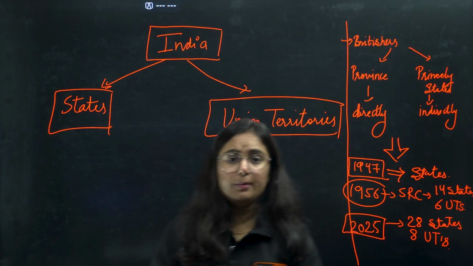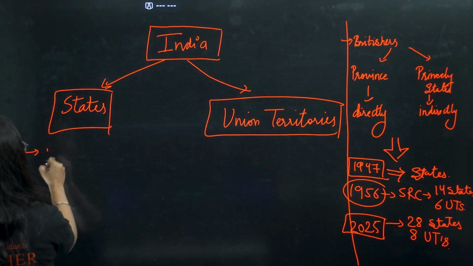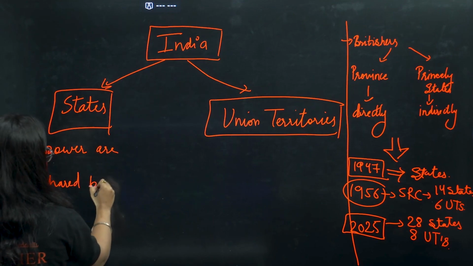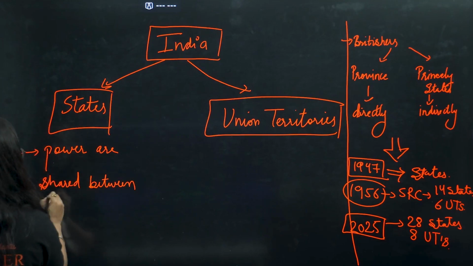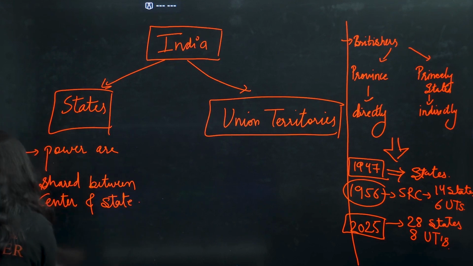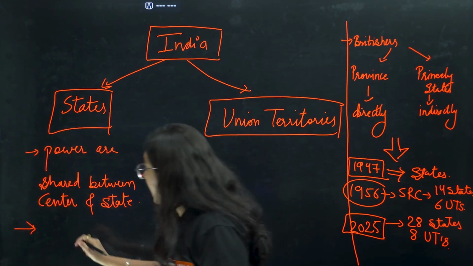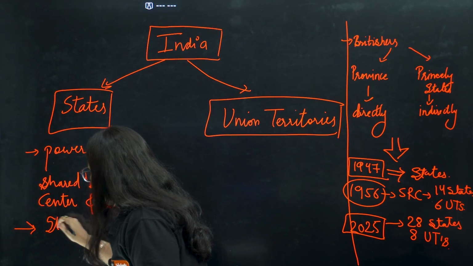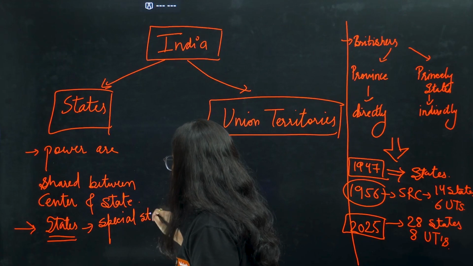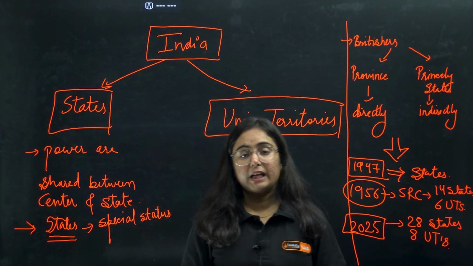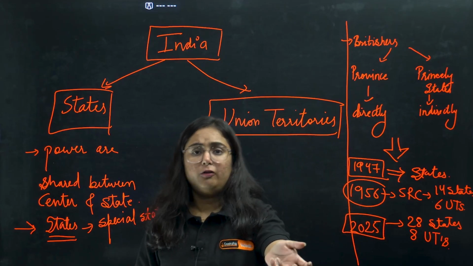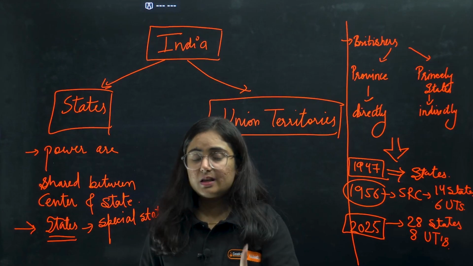But in this journey, we have seen that the powers are shared between center and state. But in this, one more point is that some of the states are also given special status. One state, you know, recently it is being scrapped off. However, Jammu and Kashmir had a special status